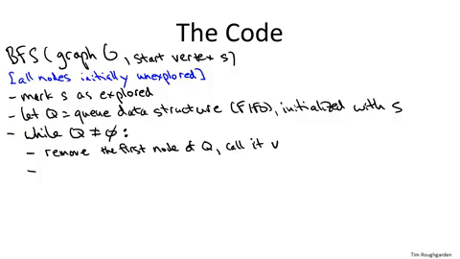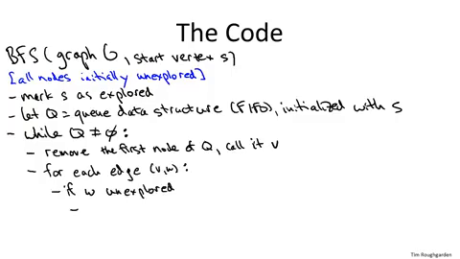Now we're going to look at V's neighbors, vertices with which it shares edges, and we're going to see if any of them have not already been explored. So if W is something we haven't seen before, if it's unexplored, that means it's in the unconquered territory, which is great. So we have a new victim. We can mark W as explored, we can put it in our queue, and we've advanced the frontier, and now we have one more explored node than we did previously. And again, a queue, by construction, supports constant time additions at the end of the queue,